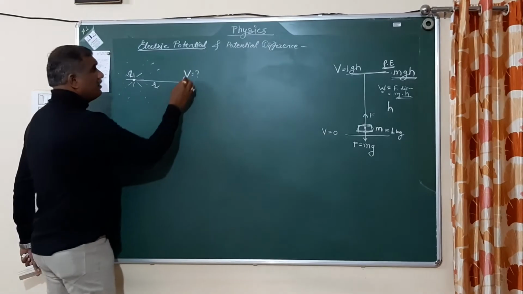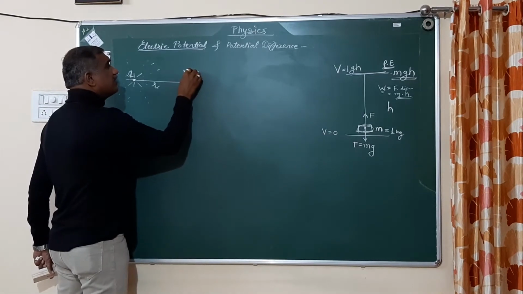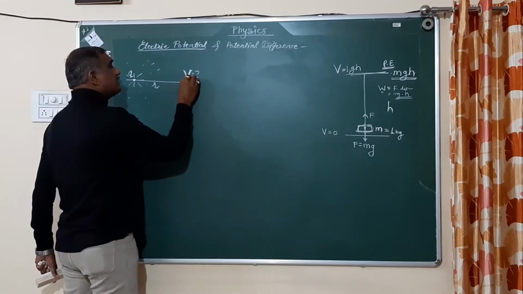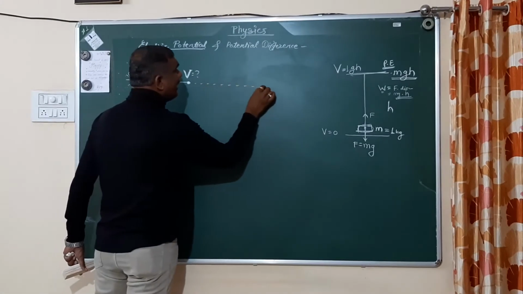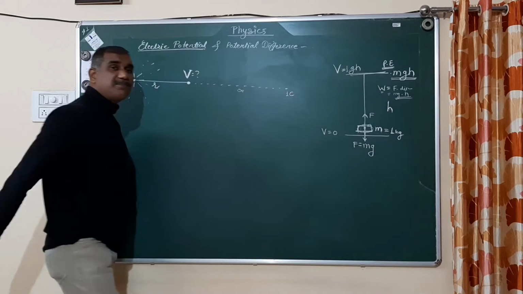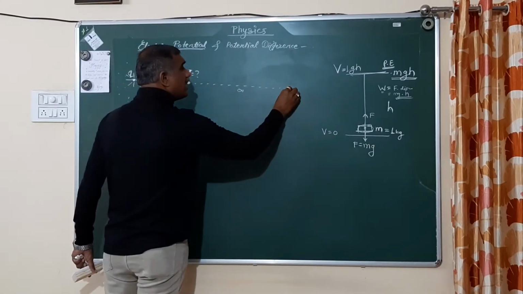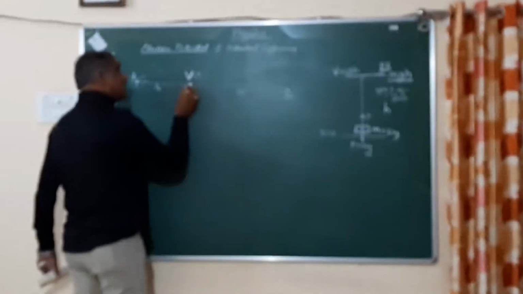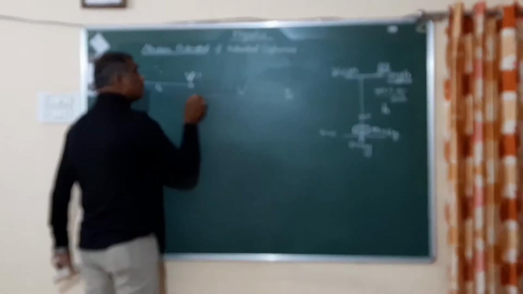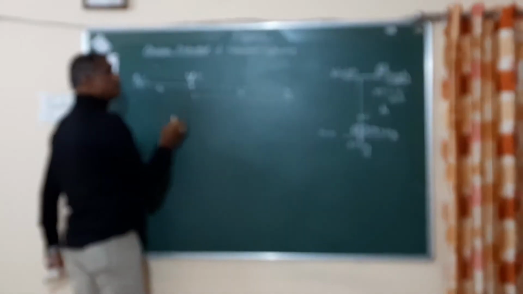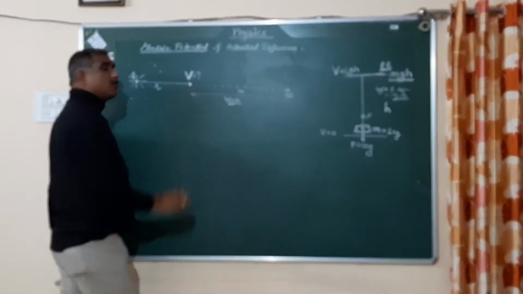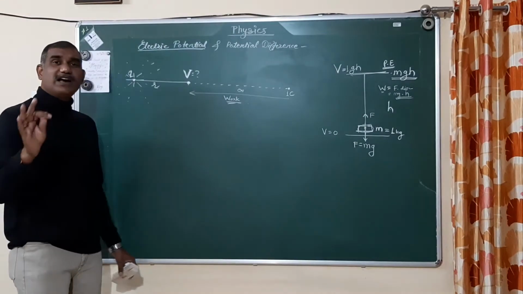First of all, before going to find out the electric potential, we must understand the meaning of electric potential. For this, suppose at an infinite distance, I put here 1 coulomb charge. How much charge I put there? 1 coulomb charge. Then I have to move that 1 coulomb charge from infinity to this position at a distance r, and for that purpose I have to do some work. And that work will be stored in the form of potential, and that will be called electric potential.